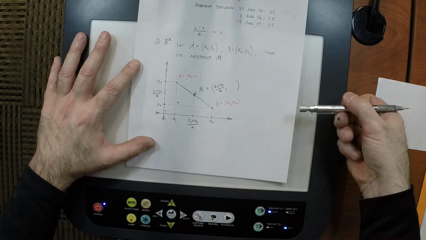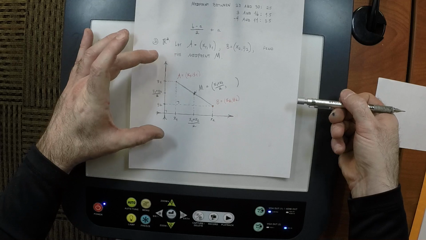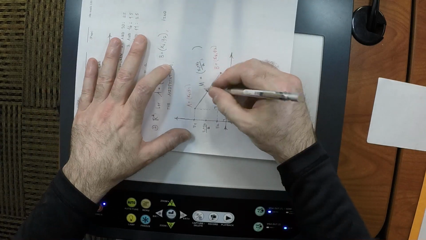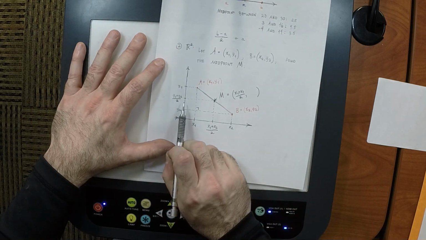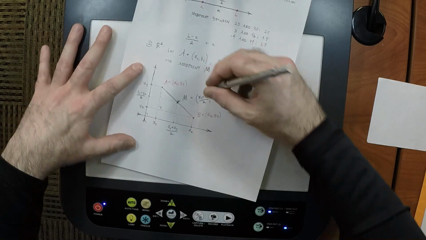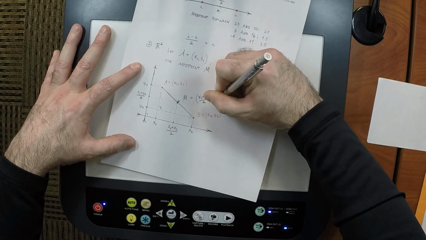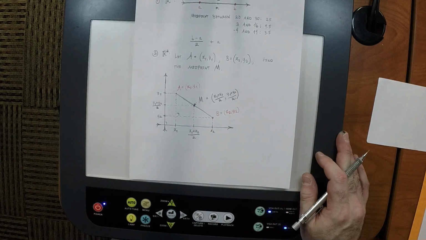Similarly, if I take the light source and hold it over here and let M cast its shadow on the vertical, do you see where its shadow would hit? Okay, so this is y1 plus y2 over 2. Beautiful. Any question about it?